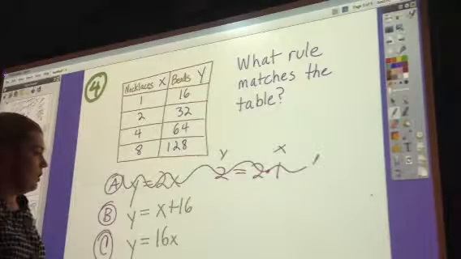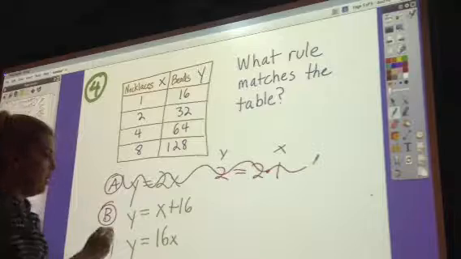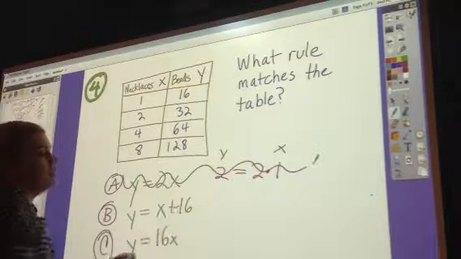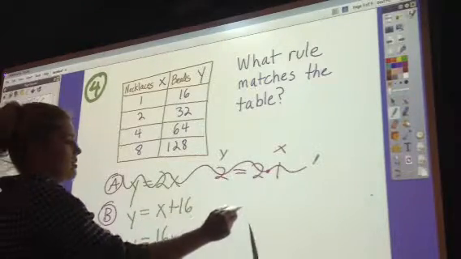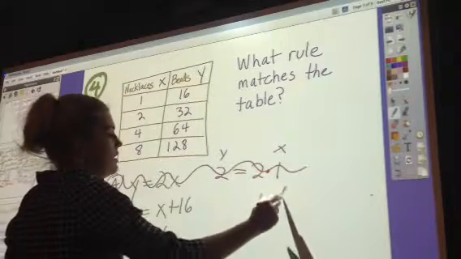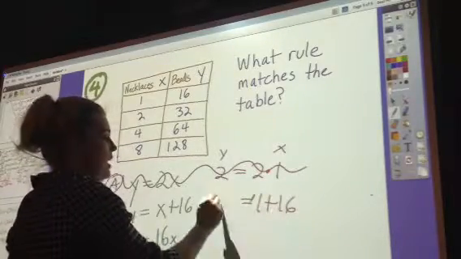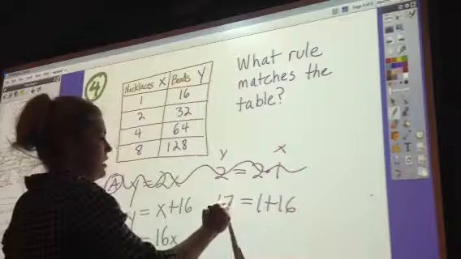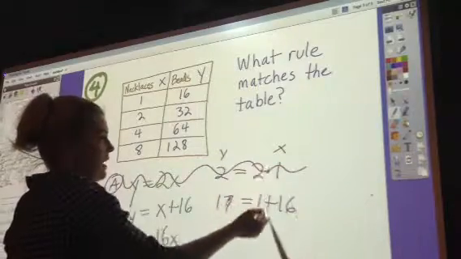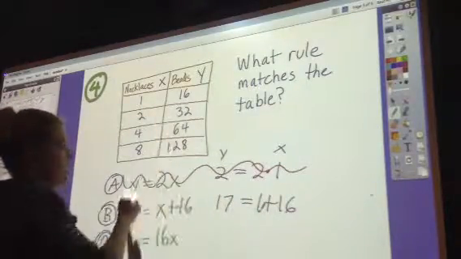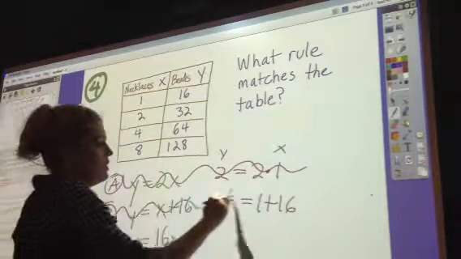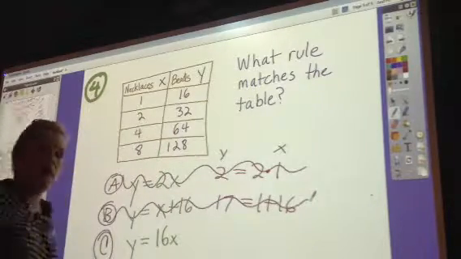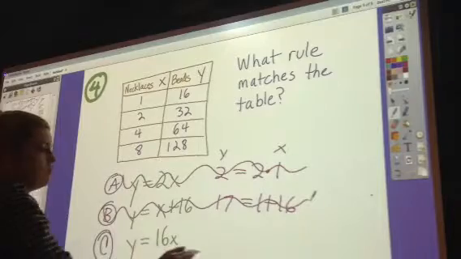Let's try equation B. We have Y equals X plus 16. Again, if X is 1, we'll try 1 plus 16, and that answer is 17. Y would be 17 if X is 1. Again, does not match this table, so we know that it's not answer B. How about C? If X is 1,